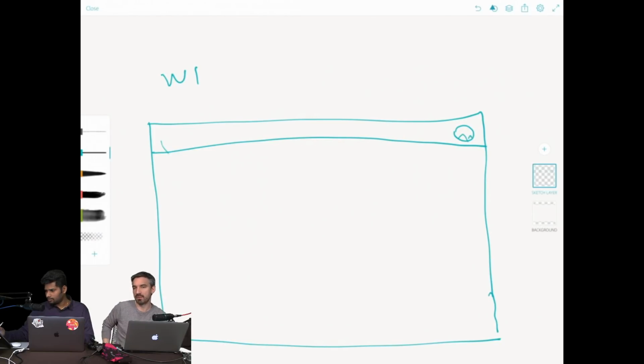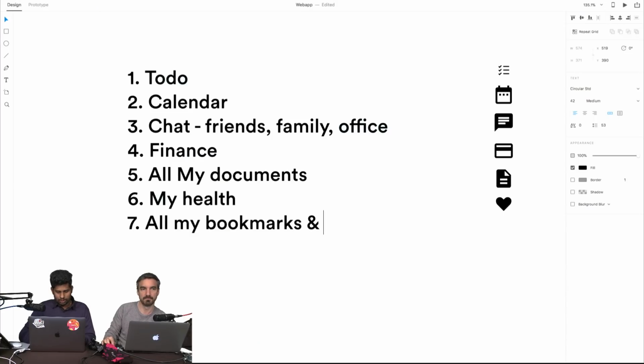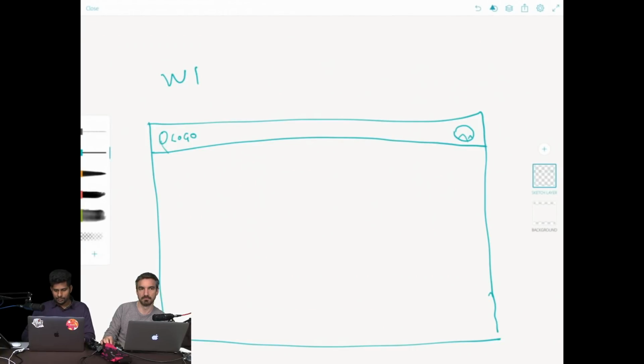Oh, they say hey, it's an interesting feature. Maybe it can save your password also. Yeah, the passwords. It could save all your passwords. It could be a good feature. Yeah. All the bookmarks and passwords. Good idea, Mal. Yeah, that's cool. All my bookmarks and passwords. Okay. So there may be a logo.